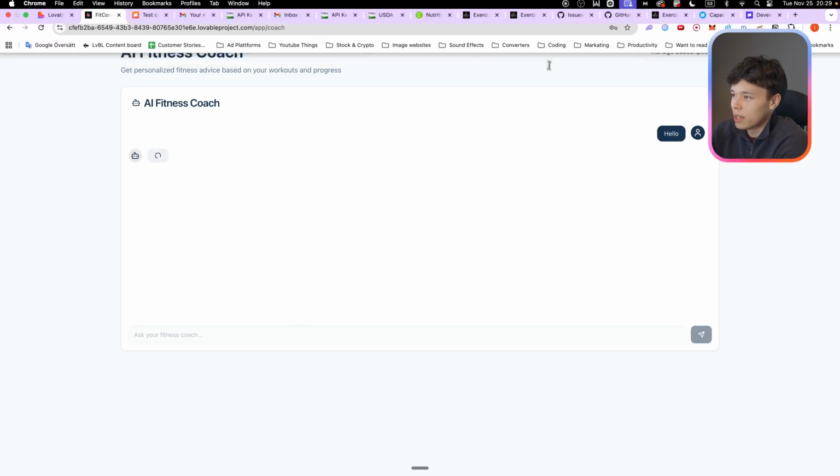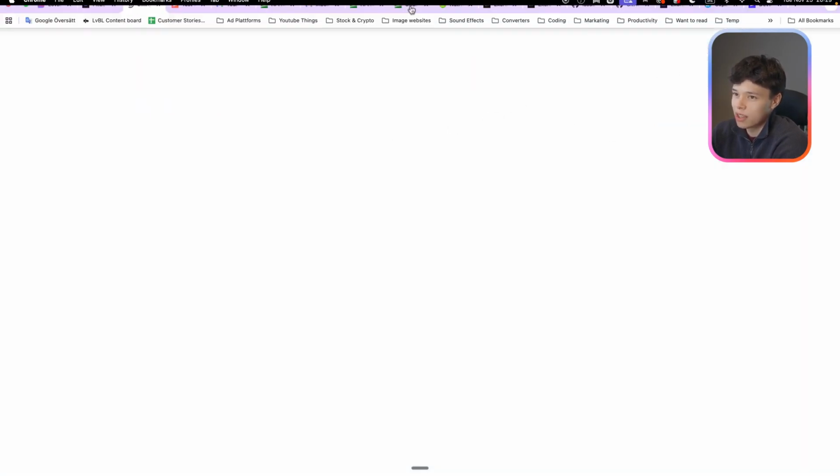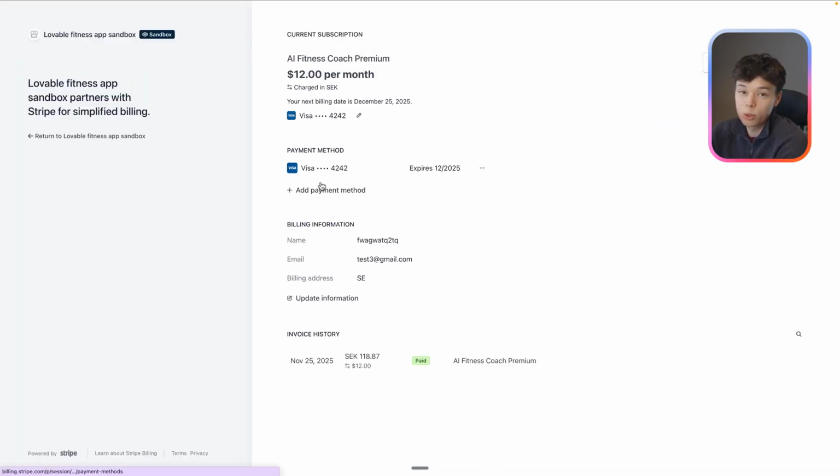Perfect. Now we can also press on this manage subscription button right here. Yes, it will also take us to the Stripe subscription management page. And here we can also cancel the subscription, which is perfect. So basically now we have payments implemented. Now to actually